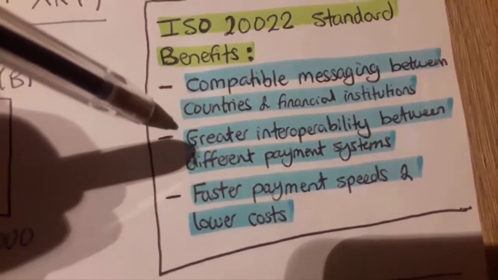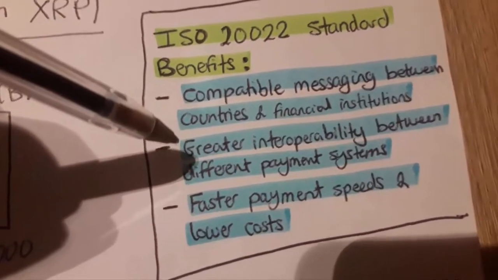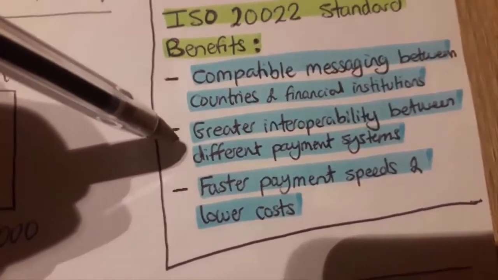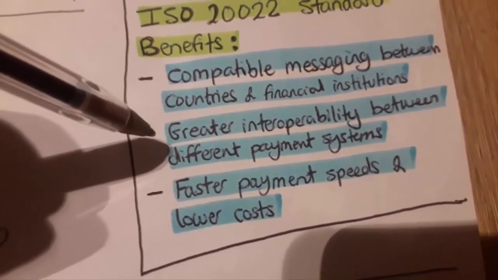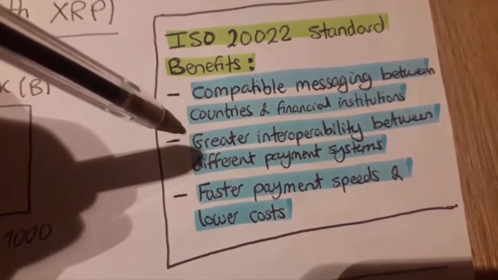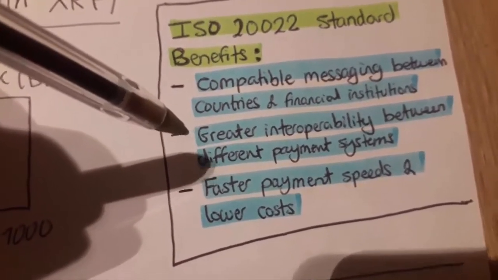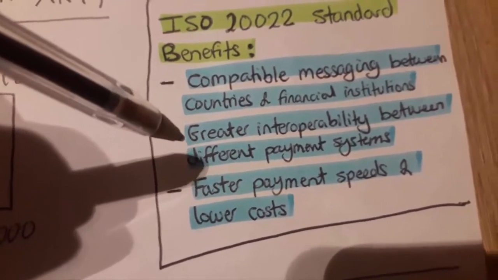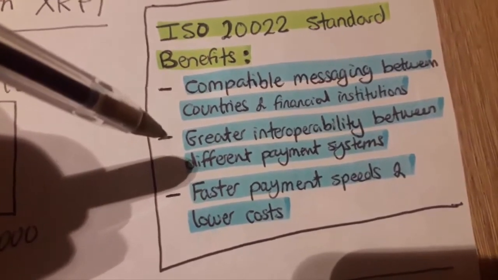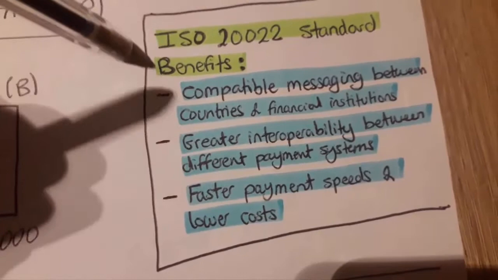Another one is that what this messaging standard does is that it enables greater interoperability between different payment systems. And that's important and interesting because it now enables banks to use different payment systems, and that includes distributed ledger technology, DLT, which is basically they can tap into blockchain technology and payment systems as well as a result of